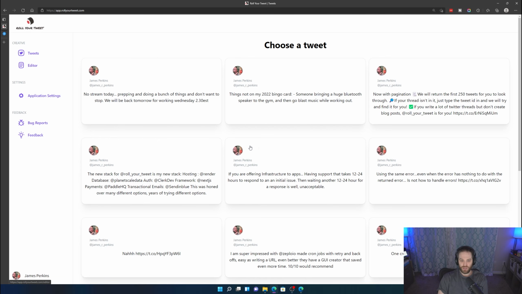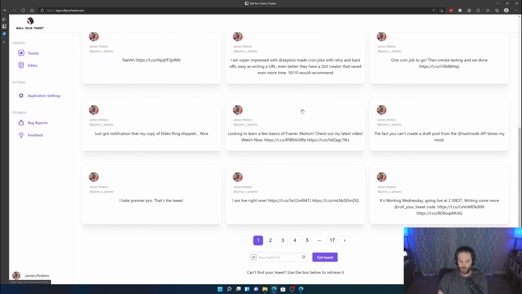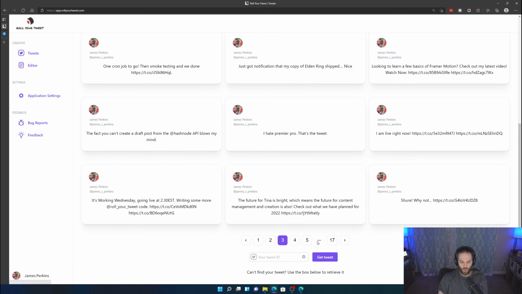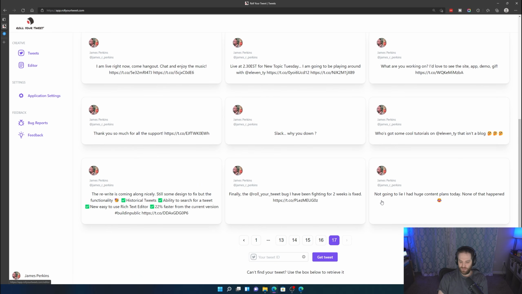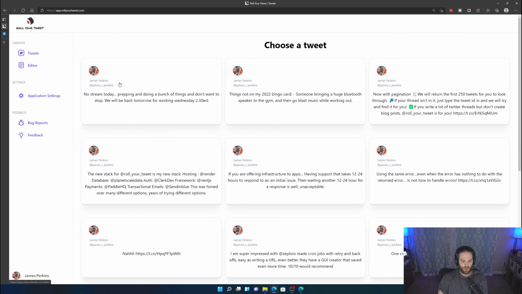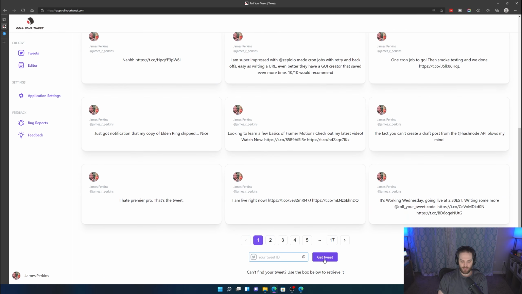Then we have this section which is built using groups. So I've built this using a group and a card. And this card is default, so I didn't have to do any styling. This is just how it came out of the box. And if you scroll down a bit further, I have pagination here, which allows me to move through all my different items here and go back, all the way back to an old tweet from forever ago. And I can go all the way forward to a brand new tweet that I tweeted yesterday. On top of that, we have this little input section down here with a cool little tooltip that was implemented with a single line of code.